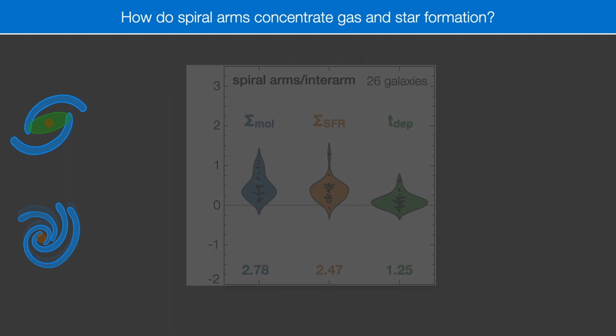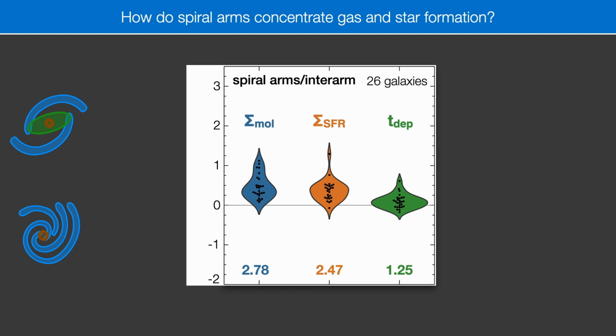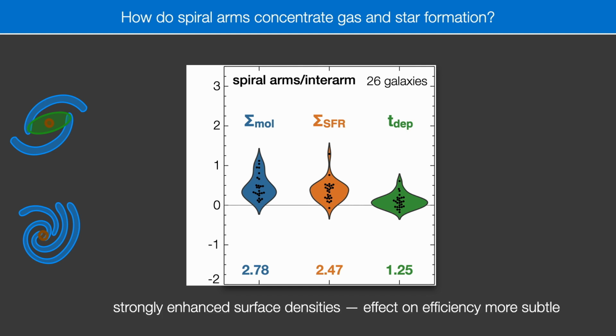Indeed, in logarithmic scale, molecular gas and star formation rate surface densities are above zero, which means that surface densities in the spiral arm are actually higher than those in the interarm. However, the long-standing question remains as for whether star formation actually proceeds more efficiently in spiral arms, which would imply shorter depletion times in spirals compared to the interarm. If we take the ratio of the former two quantities, we find that depletion times are indeed sometimes shorter in spiral arms, but definitely not always, with a median ratio of 1.25 in linear scale, which is just slightly higher